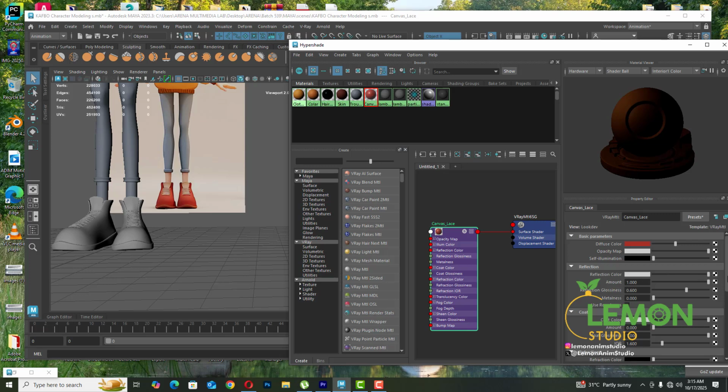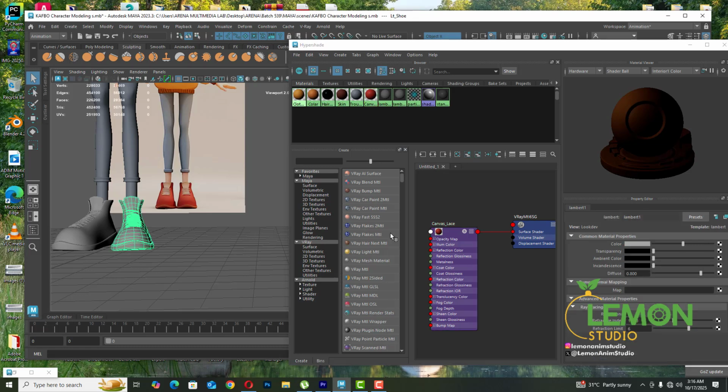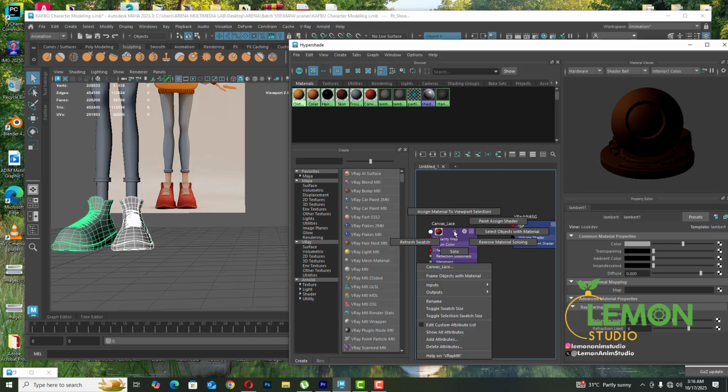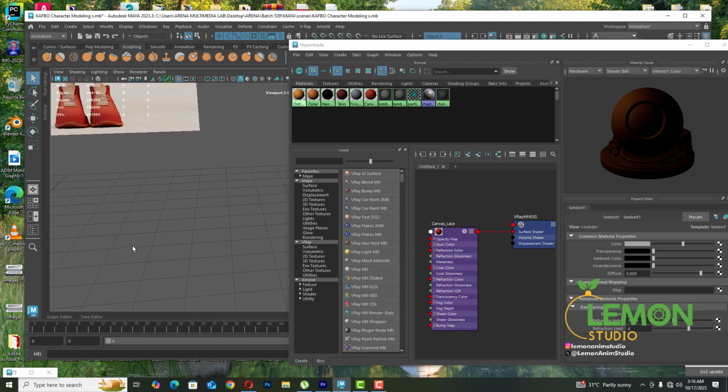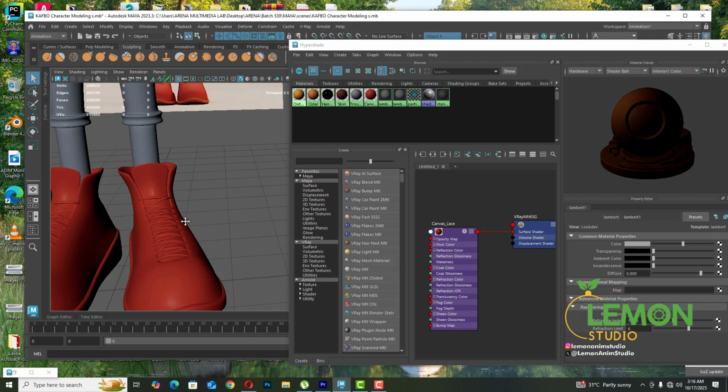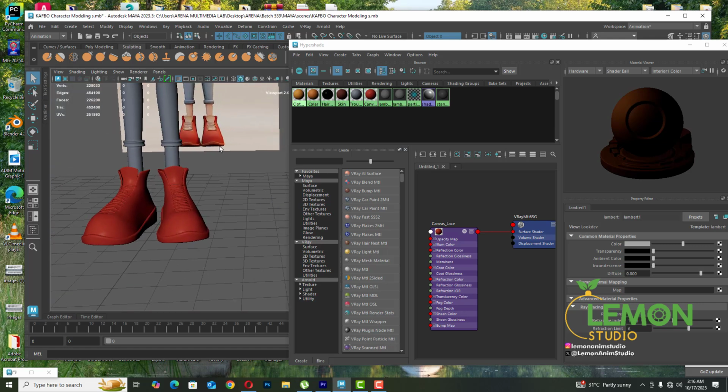So when it is white, it has a very strong reflection. When it is low, that means you've controlled it to whatever taste you have. So I'm going to select this, and I'm also going to add this to the selection. We'll right click on that and hold, then I'll assign that. But the thing is that the color has been assigned to both the lace and